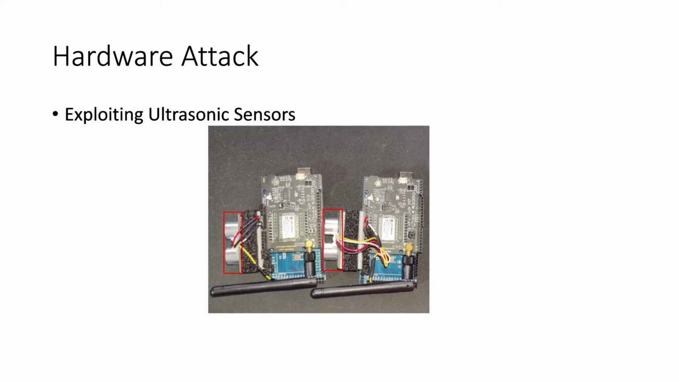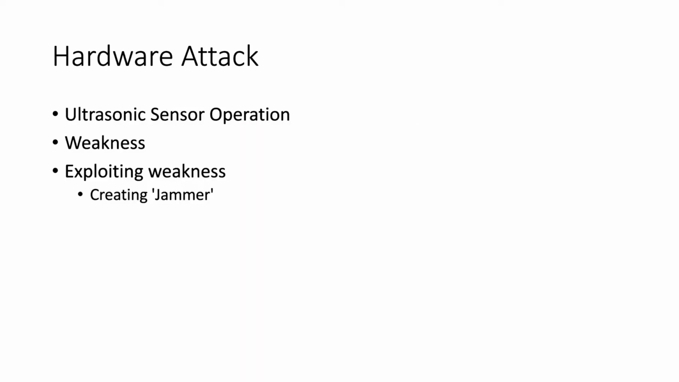So now that we've seen the software attack, I want to talk about the hardware attack. The hardware I wanted to exploit here was these ultrasonic sensors that are used to tell whenever a vehicle is passing by each sensor. In order to do that, I want to talk a bit about how these sensors actually work. The way these sensors work is you send a certain sequence of pulses on the control pin, and then the sensor will send out a series of ultrasonic pulses